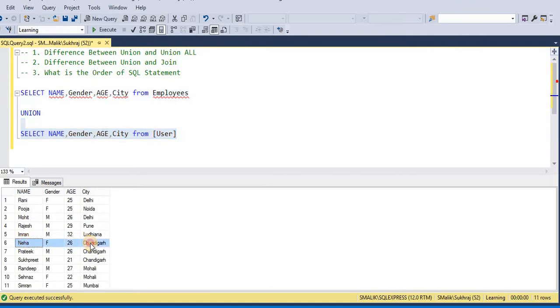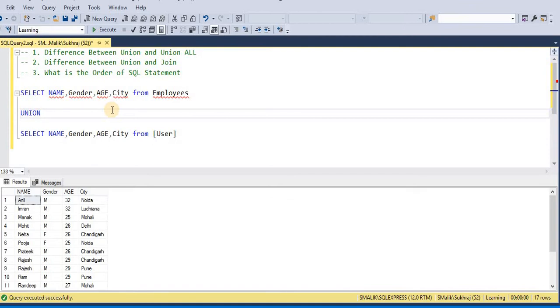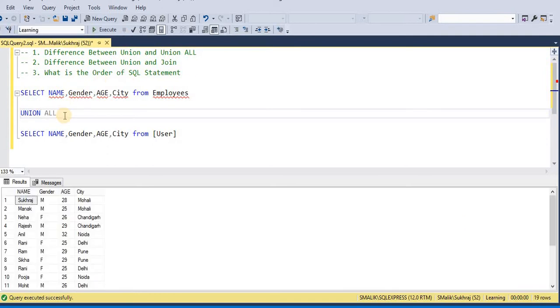So both records are there, which means these records are duplicates in both tables. With the help of union we get only one copy. That's why there are 2 fewer records with union compared to union all, because union all returns all the records regardless of whether they are repeated in any table or not. So that is the difference between union and union all.